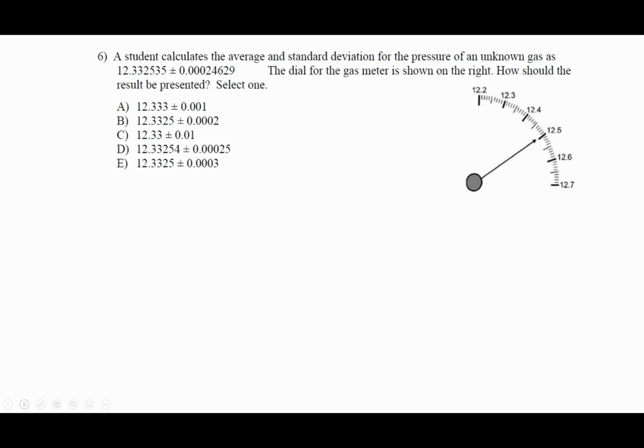A student calculates the average and standard deviation for the pressure of a known gas. The gas meter is shown. How should this be represented? Well, rule 1: this must be reported with 1 sig fig unless it begins with a 1 or 2. So plus or minus 0.00025. Rule 2, this must match